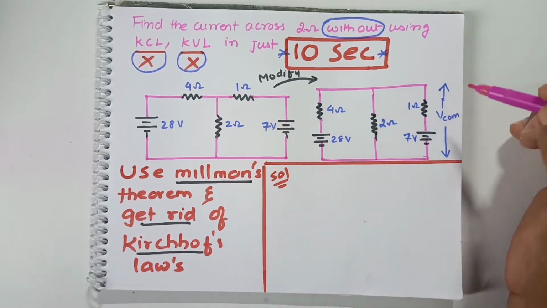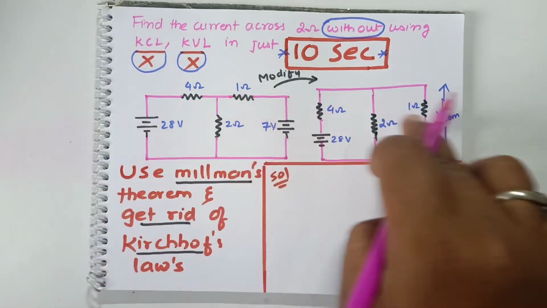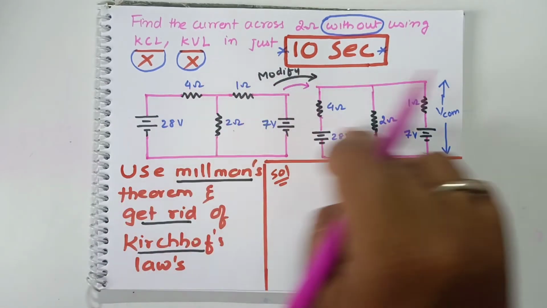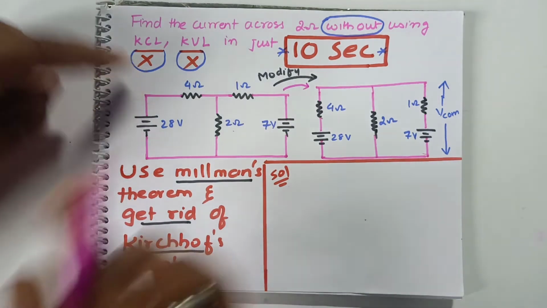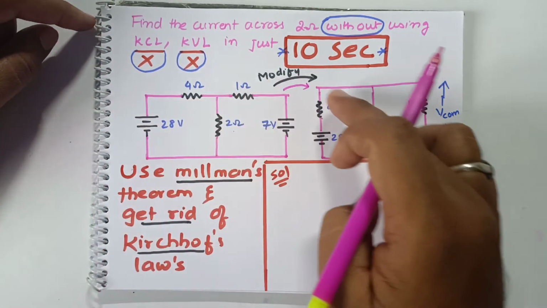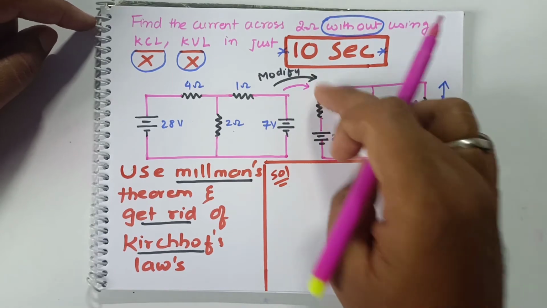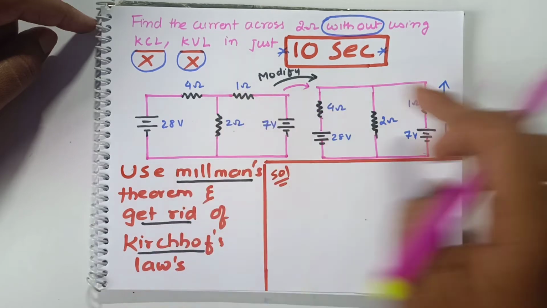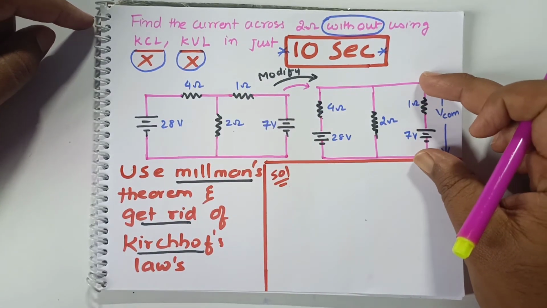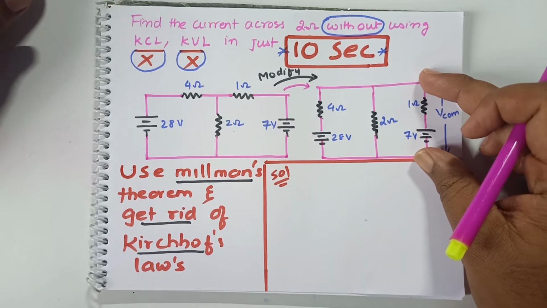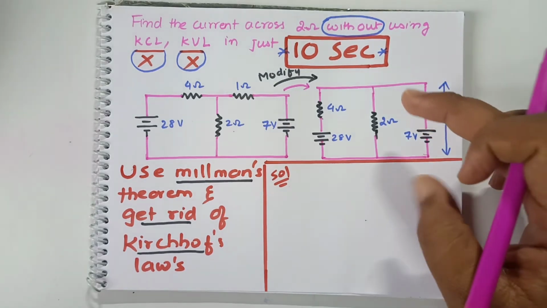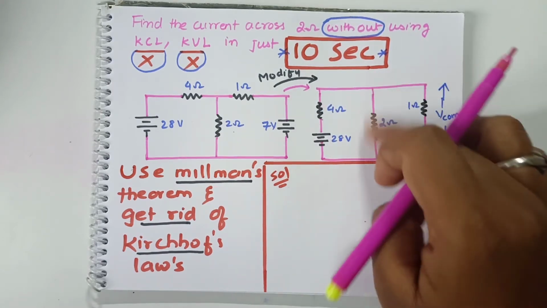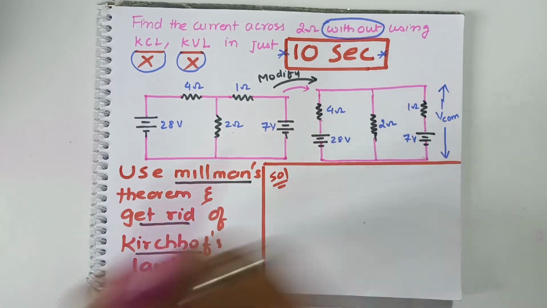First thing is, you just find out what is the common potential along this circuit here. So you just modify this circuit like this. You just modify this circuit in this way. Why? What is the meaning of this modification? See, 4 ohms, instead of drawing here, you just take 4 ohms within these 2 points, and this is 2 ohms. And 1 ohm, instead of drawing here, you can draw 1 ohm here. Okay, why is it so? Because it makes it very easy for you to solve the problem when you take all the gadgets in only single parallel lines here. Okay, gadgets in the sense resistors and batteries here.